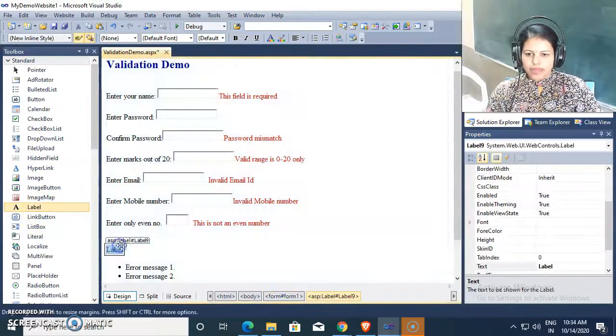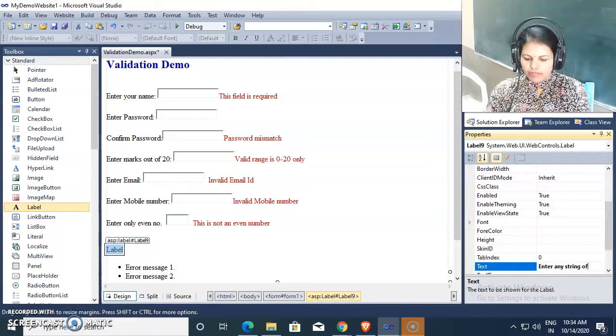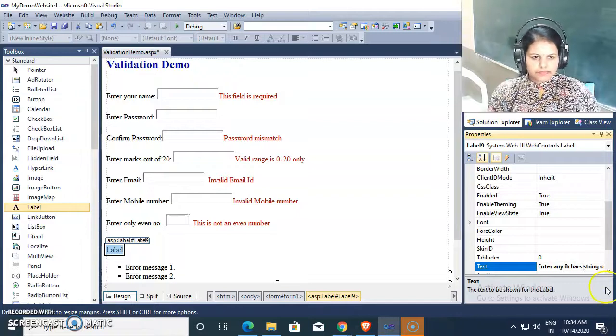I am taking one label here and giving the text property as: enter any string of 8 characters length.